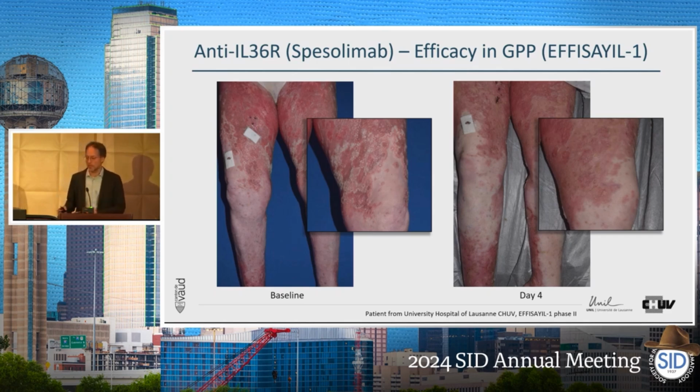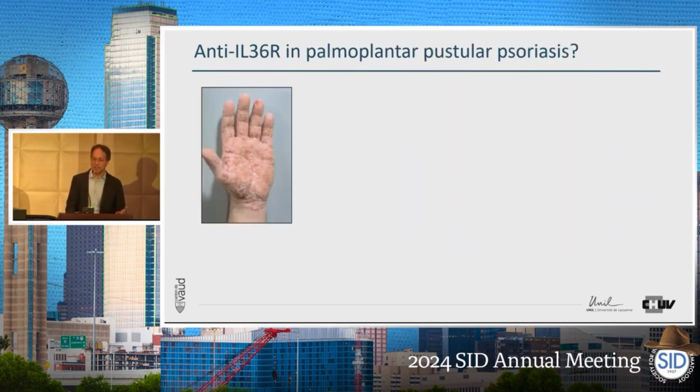You can watch them melt away. The erythema takes a bit longer. So we do have now a valid option for that. To be honest, GPP is really rare. We don't see it that often, but we have another entity which remains a really difficult clinical challenge, which is